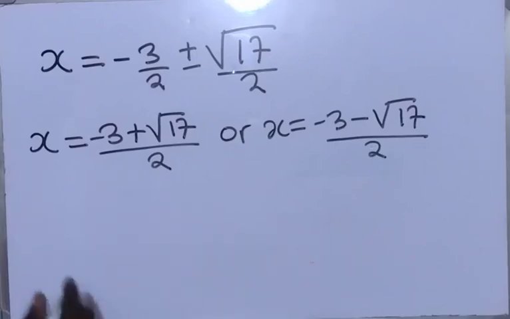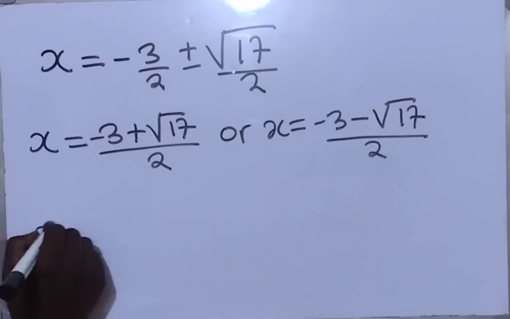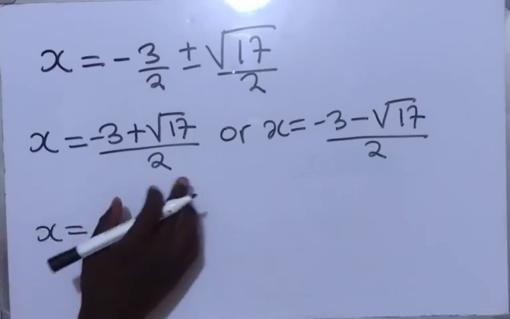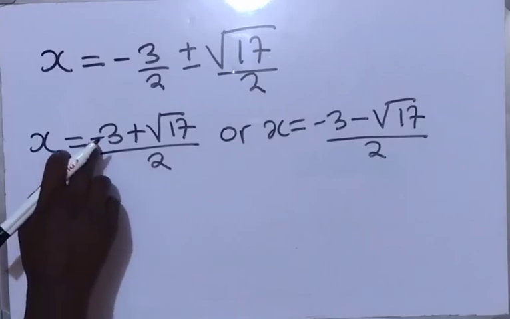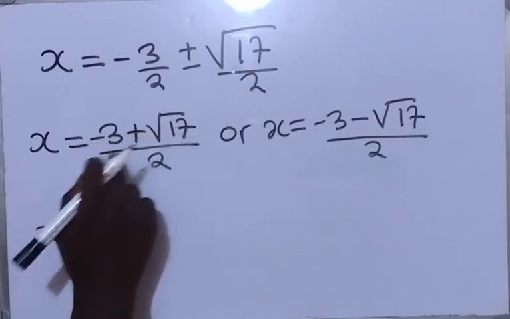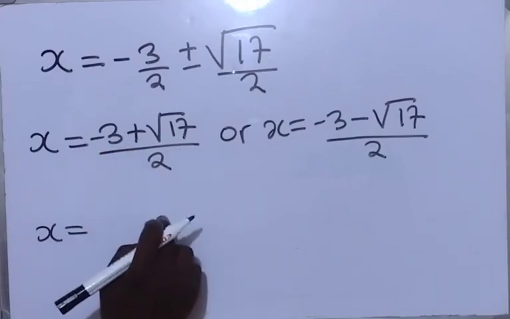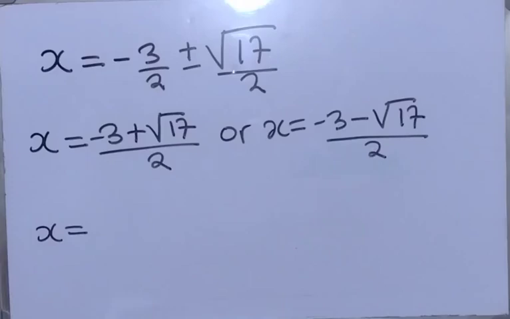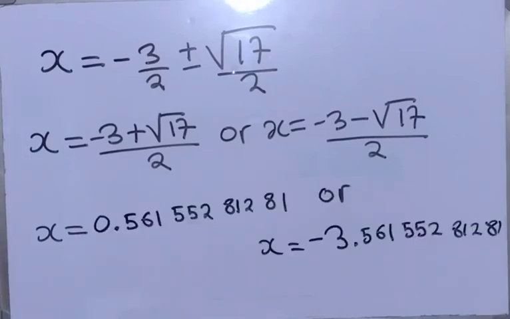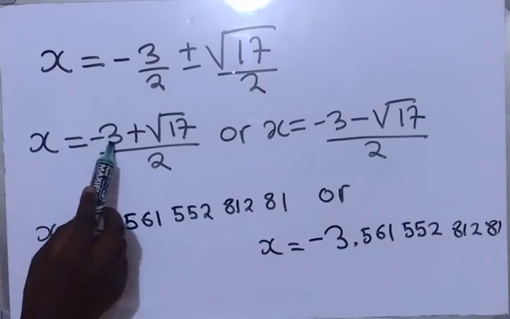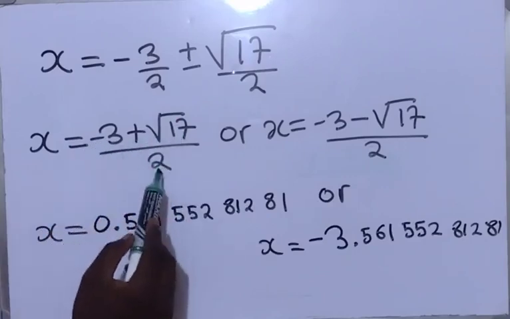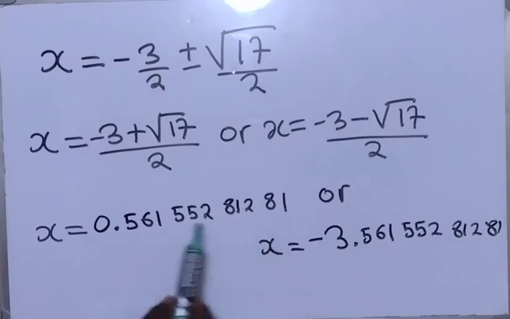Okay. So now what are we going to do? We are going to say x equal to. It's just a matter of punching on the calculator now. Negative 3 plus the square root of 17 divided by 2. Then we write our value here. Even this side we do the same. So let's now punch on the calculator. Make sure that you're also punching on the calculator. You check if I'm going to get the wrong values. Alright, so after punching on the calculator, negative 3 plus the square root of 17 divided by 2, this is the value that I got,